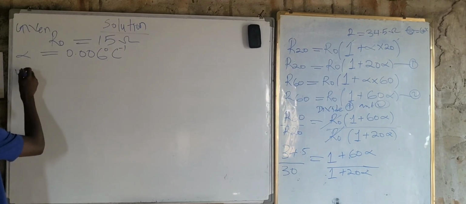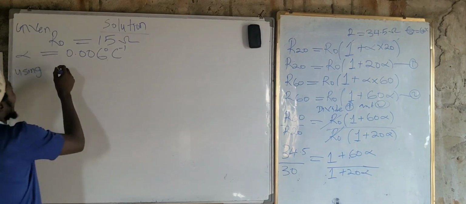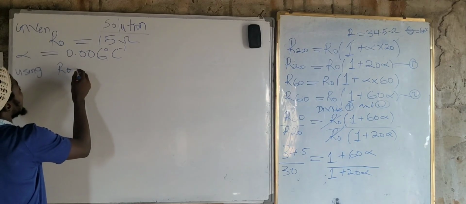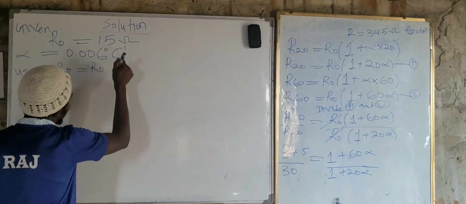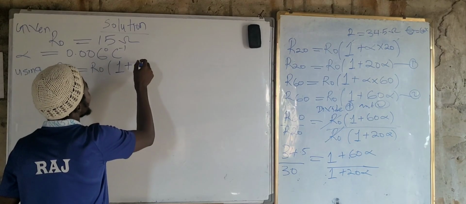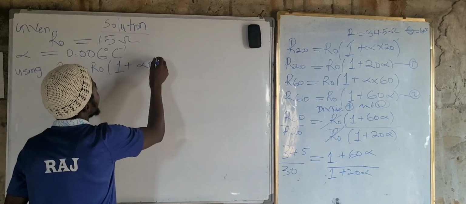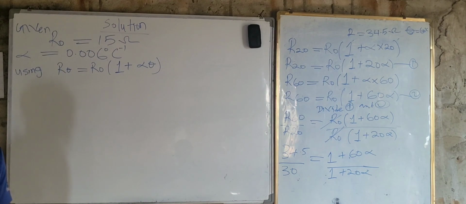So using here, are we getting the concept? Simple. We have R theta equal to R0 into 1 plus alpha theta, right? That is all. Are you okay here? Before we go forward,